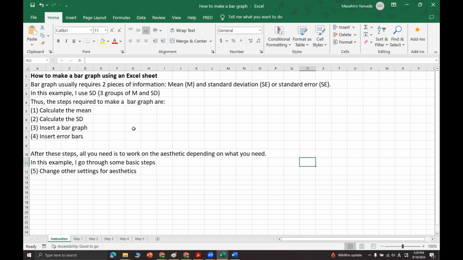In this video, I'm going to introduce how to create a bar graph using a Microsoft Excel sheet. In some cases, you may want to create a bar graph and each bar represents a single person. However, in scientific fields, when you use bar graphs, almost all the time, a single bar usually represents a representative